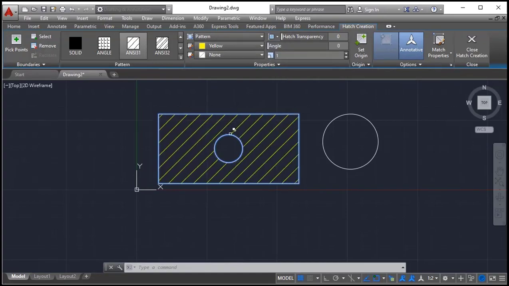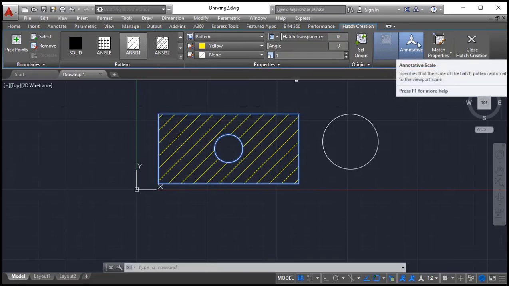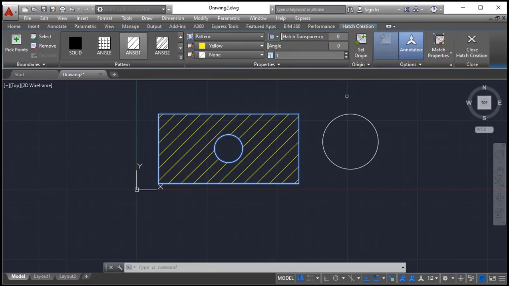And scale, here you can change the scale. I especially want to discuss two topics here. Hatch scale we can change from here, and with annotative also. At the end of this video I will give you a detailed description about annotative. Here I am just setting it to 2. Scale increased. 0.5, scale decreased. Depending on your requirement, you can adjust the hatch scale.